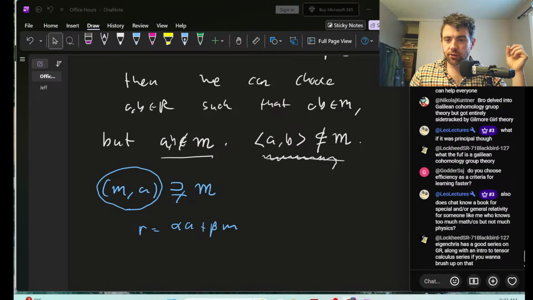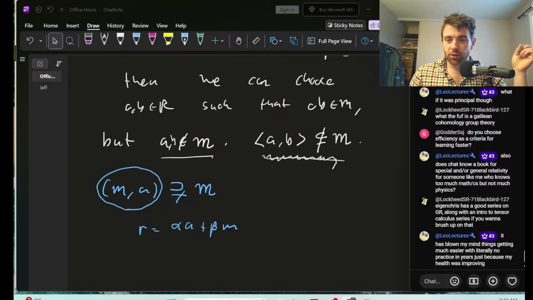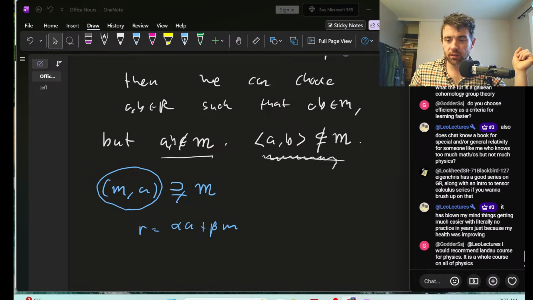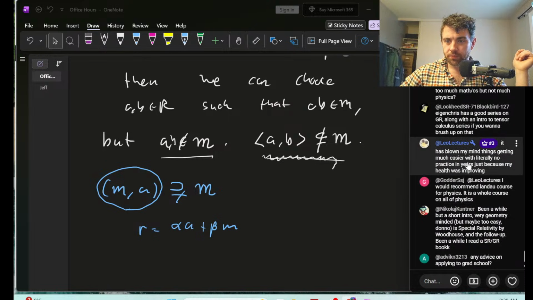Bro delved into Galilean cohomology group theory, but got entirely sidetracked by Gilmore Girls theory. Yeah, I mean, can you blame me? Do you choose efficiency as a criteria for learning faster? I don't even understand the question. Well, Locke, if you want to know about the Galilean group, you should go to Nikolai's channel. He'll tell you all about it. Galilean group in cohomology. I remember once looking at Sean Carroll's book on general relativity, and I think that was pretty good and pretty mathematical. But yeah, I'm not a physicist. So